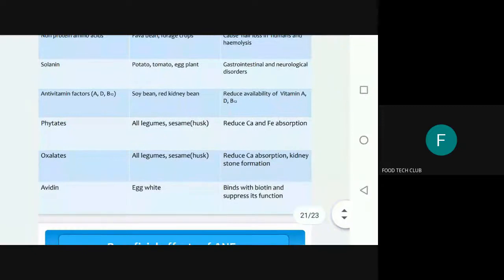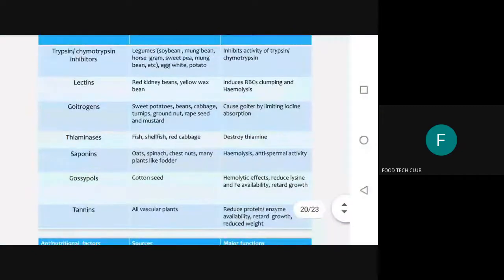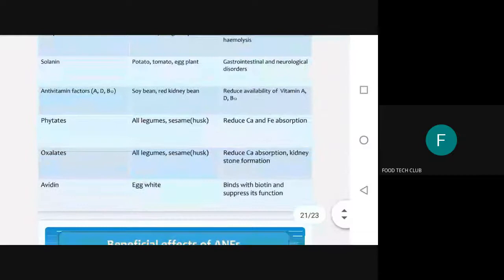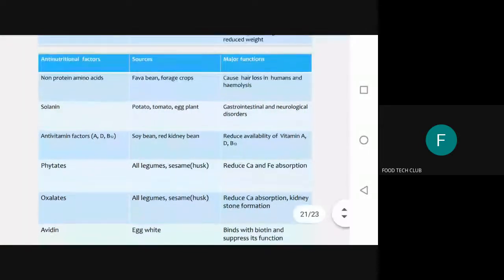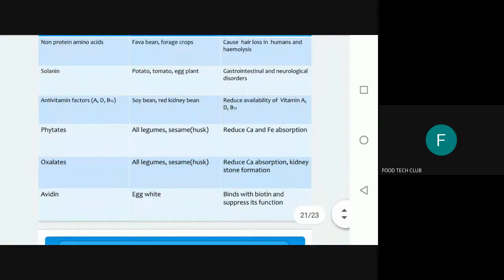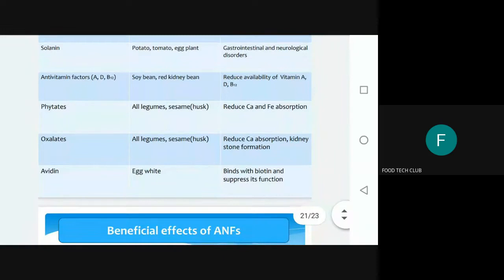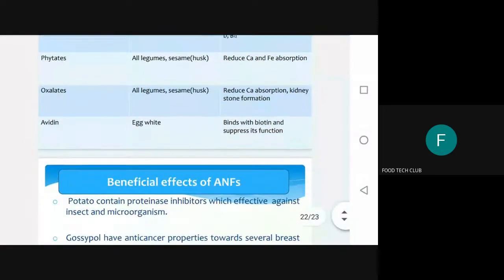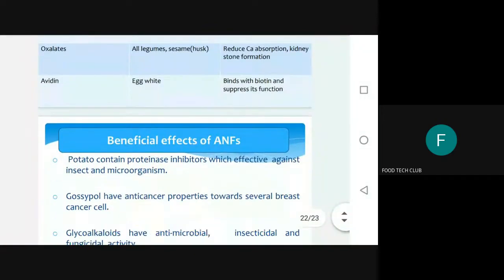So all this we have discussed. Another thing we have not discussed is regarding the evidence. Evidence are found in raw egg white. Here it is written only egg white, it's not egg white, it's in raw egg white. If you boil the egg, this evidence will be destroyed. And if you're consuming the raw egg, it will bind with the biotin, that is vitamin H, and this vitamin H will not be absorbed in our body, and therefore the functions of vitamin H will be suppressed.